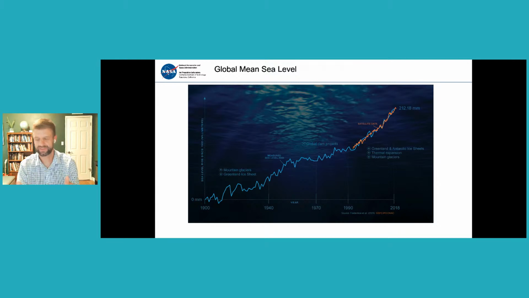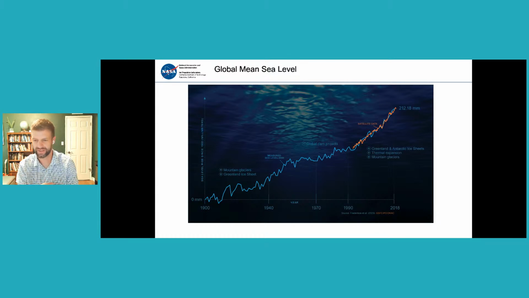So here, I previously said it's really difficult to measure global mean sea level from tide gauges alone. This is an effort to actually try to do that. So this blue line here is global mean sea level assessed from those tide gauges going back to 1900. And I'm not showing uncertainty on this, but your uncertainty is actually quite large as you go back to 1900 on any individual measurement.